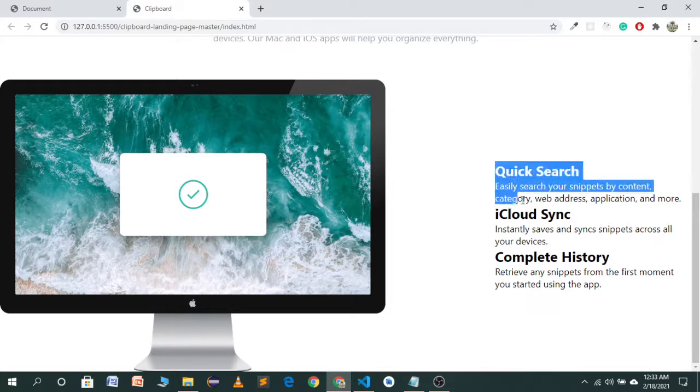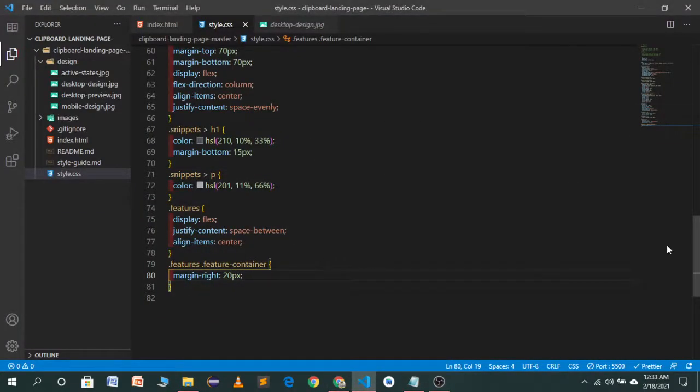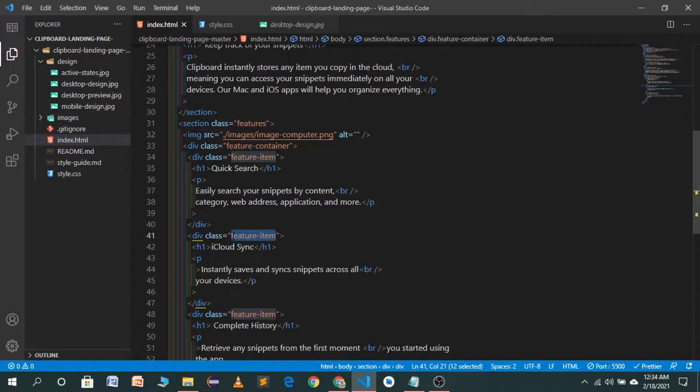So now we want the space between our items. So now target the feature item. As you see, we have used a unique technique, as I have given the same class name to our three containers, because as I change the style of one feature item, the other ones will automatically change.